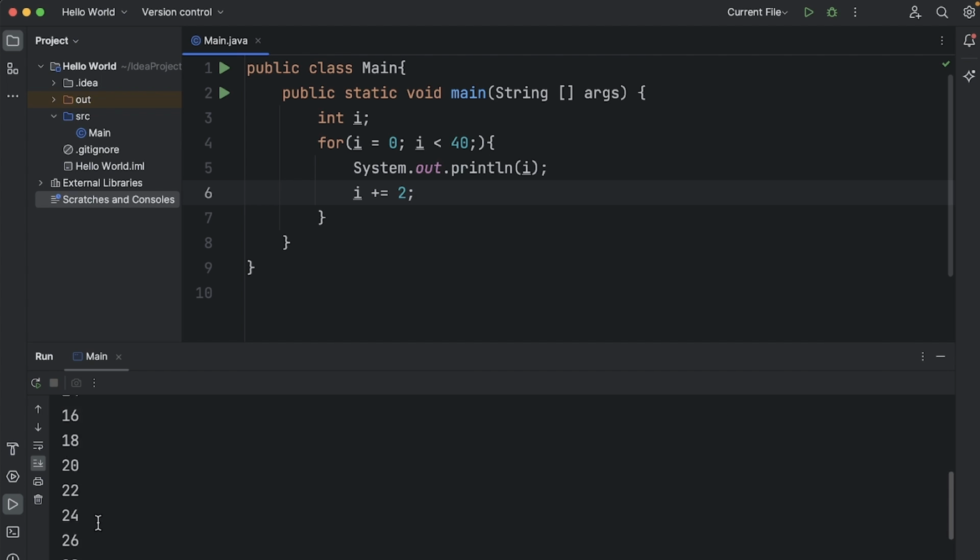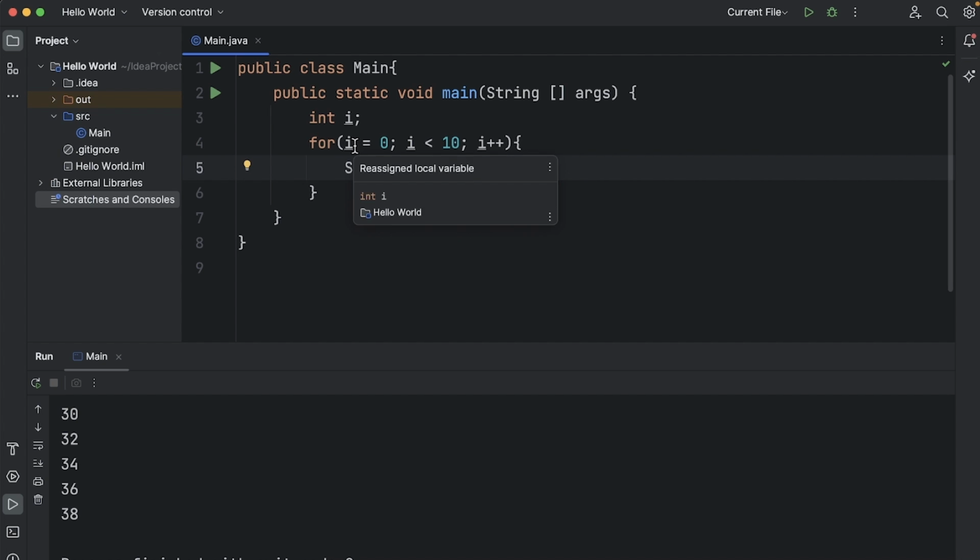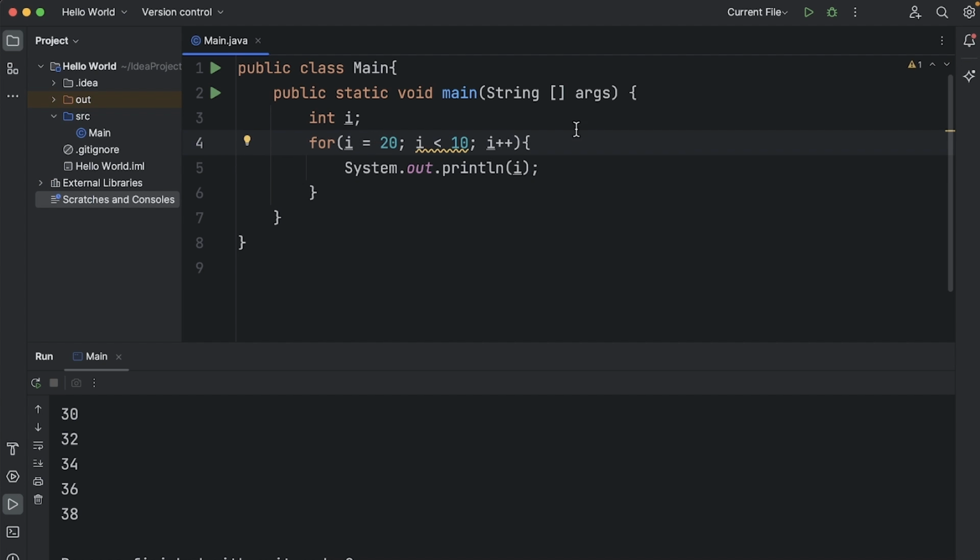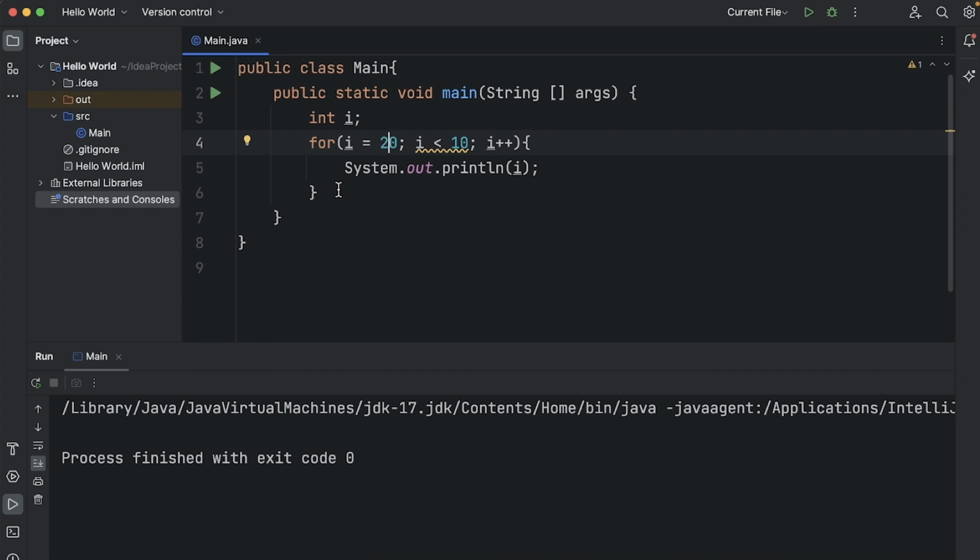Right, 0, 2, 4, 6, all the way down to 38. We can have it so let me change this back to I++. Let's change this to a 10, and let's say we start I at 20. Well, if we run this, the loop never executes because the control variable, which is I, is greater than 10